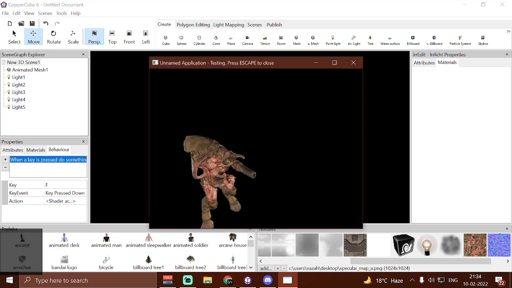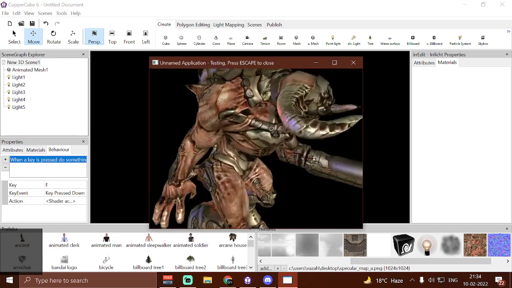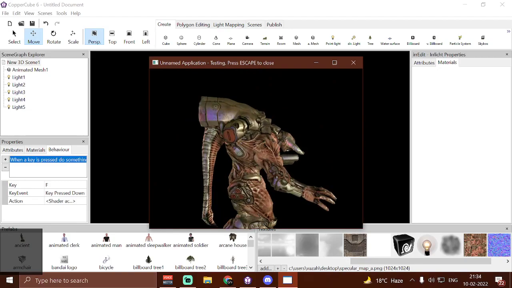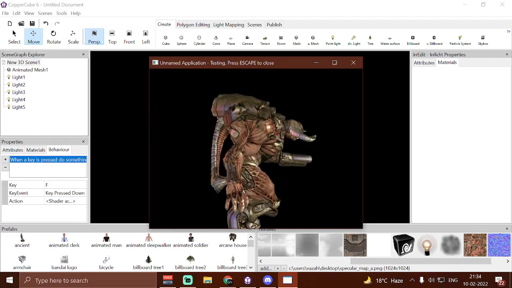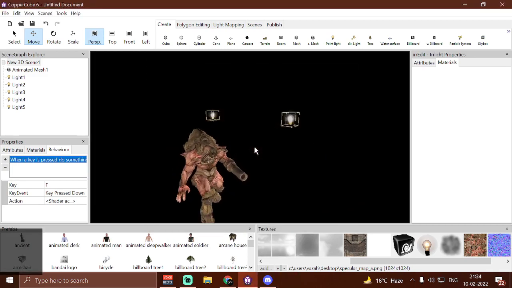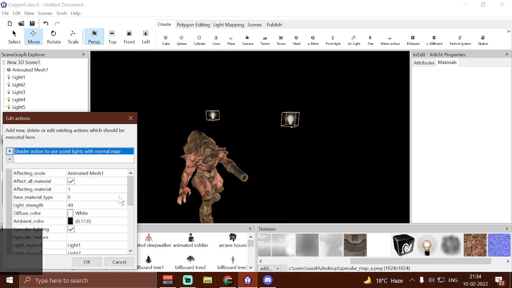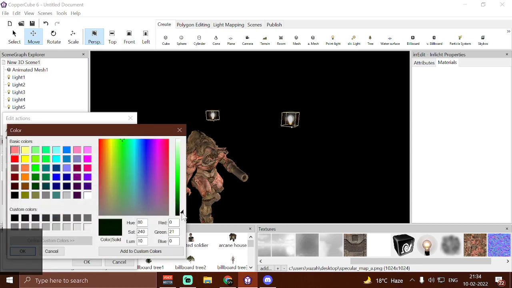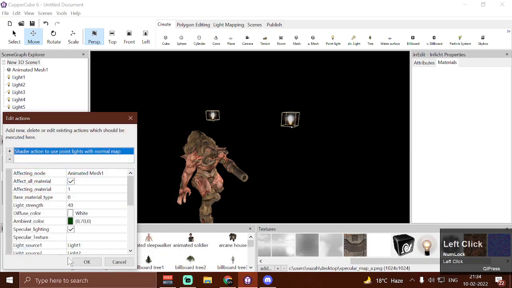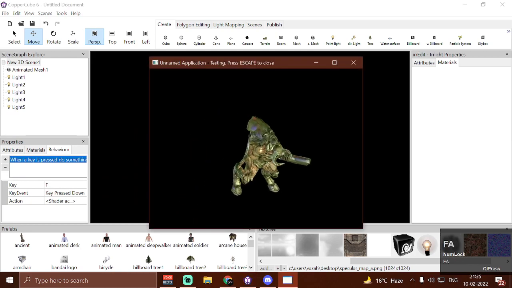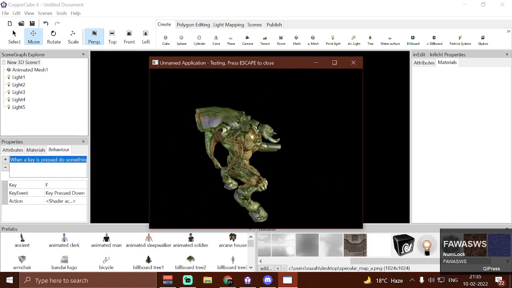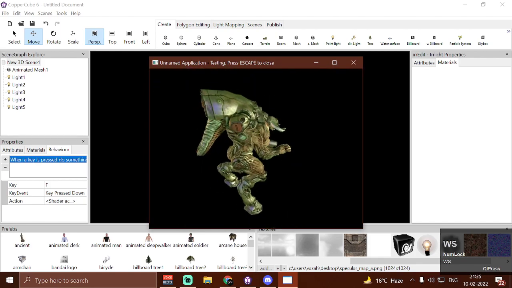And if I press Ctrl F10 and then press F now, you can see it gives some green tint or green ambient to the 3D model. We can change it to a bit lighter version of the green. We can pull it up, hit OK, press Ctrl F10 and press F. So it is much more green now